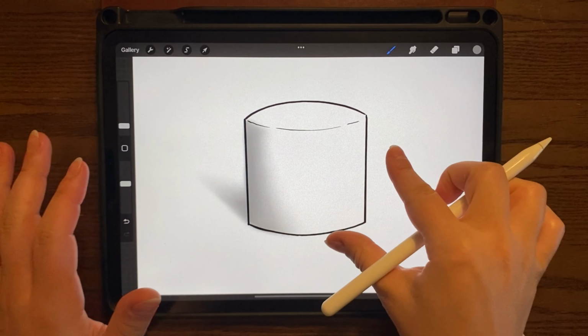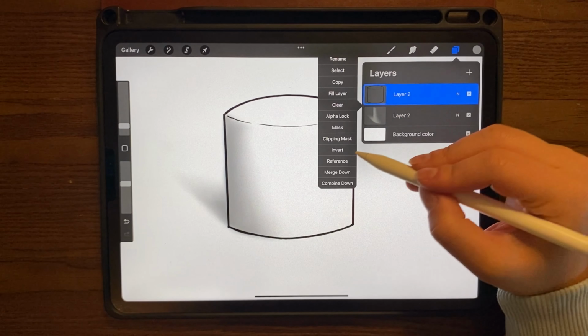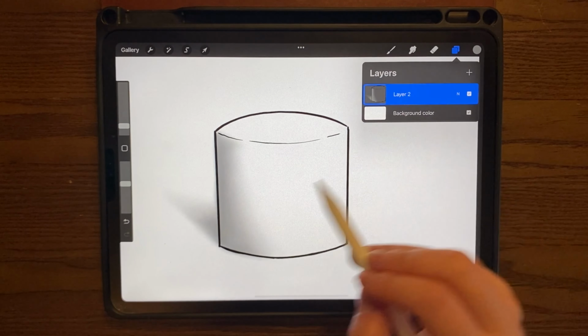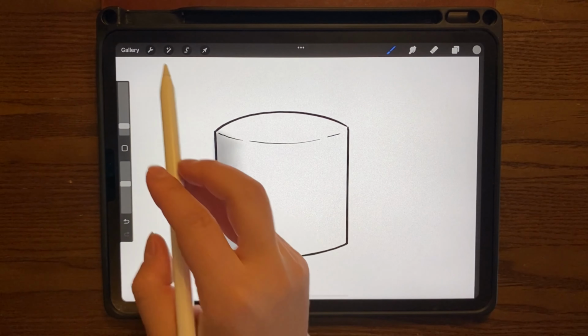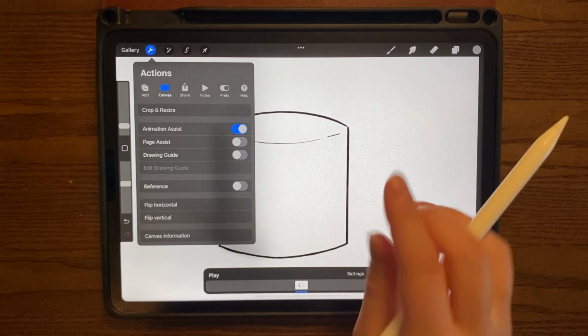Okay, now that we have our nice soft gradient, we're going to merge these two layers. And now that we have our background layer done, let's click the toolbar, turn Animation Assist on,